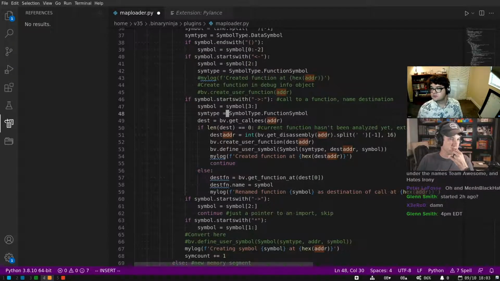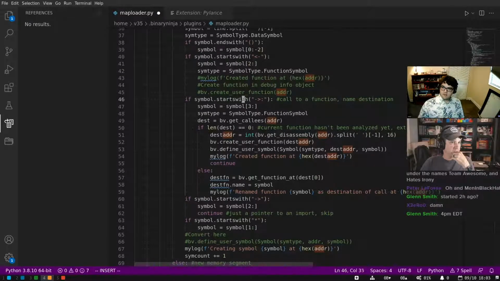So let's see. So this also needs to be, yeah, exactly. It's looking for callees of this address. Current function hasn't been initialized. So this logic is going to have to change, right? We're not actually going to check for callees because none of them will exist.